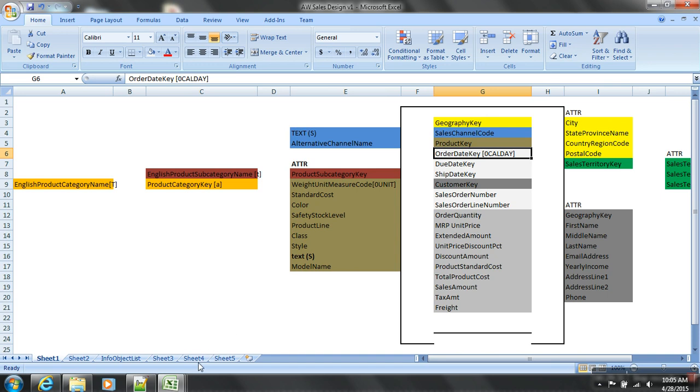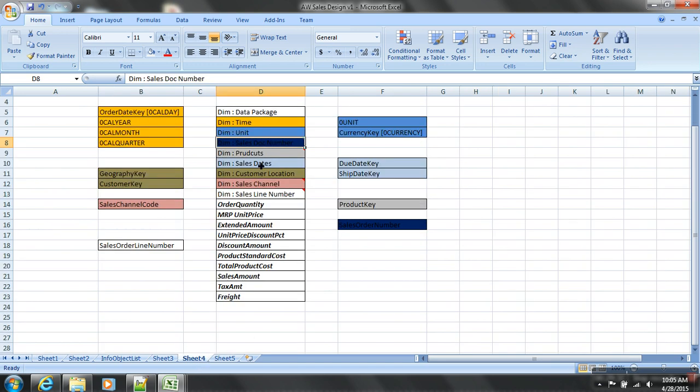Then, as per my design, I've created one dimension called sales order dimension and assigned the sales order number to this dimension. Internally, the sales order number will have an SID table. The SID table will be linked to the dimension, and the dimension is linked to my fact table. We don't draw that big a flow; we only draw it this way. When I say blue color here, this is a dimension which is assigned to this characteristic. So this characteristic will have an SID, and the SID is connected to the dimension table.